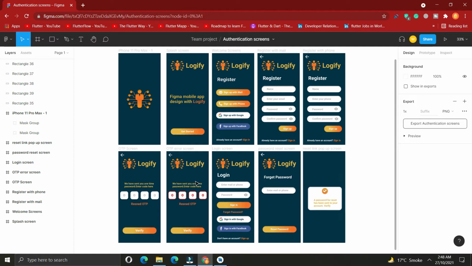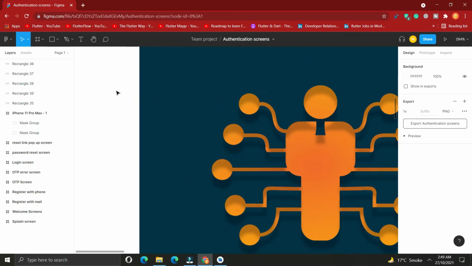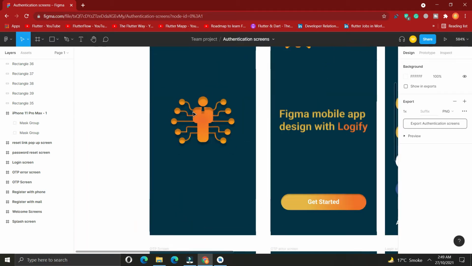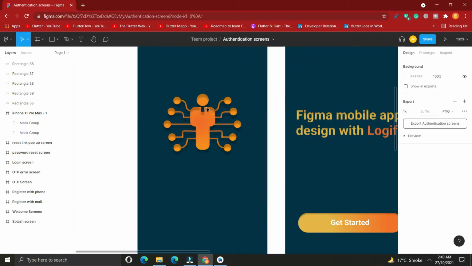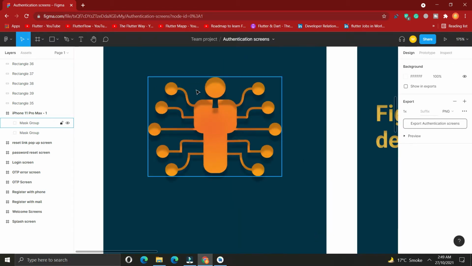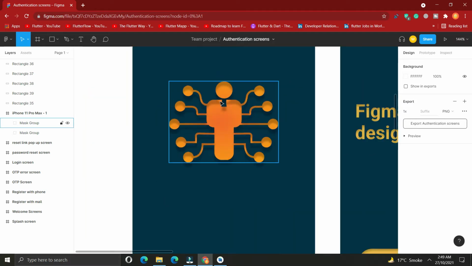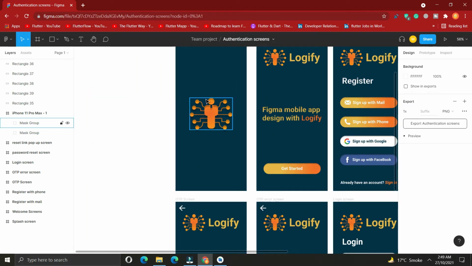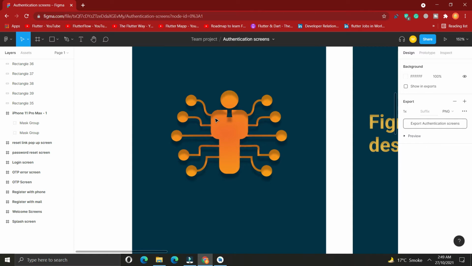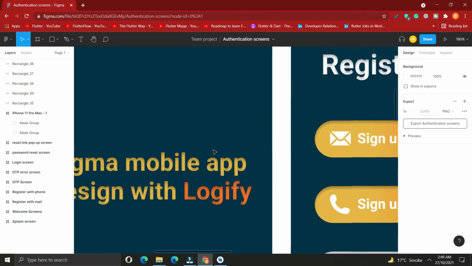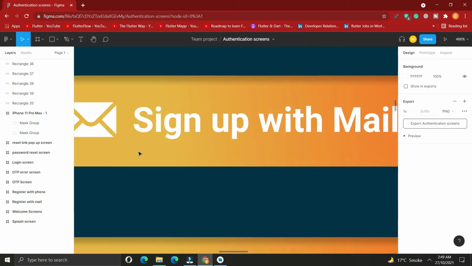In this video, I am going to create all these 10 screens from scratch, and I will guide you how you can create these screens, and we will create all these 10 screens in this video. You can see this is the logo with gradient colors, not only with gradient color but also with shadows. I will teach you how you can add the gradient color to your buttons and shadows, and how to give gradient color to your text. I will cover each and everything that you need to start with Figma.